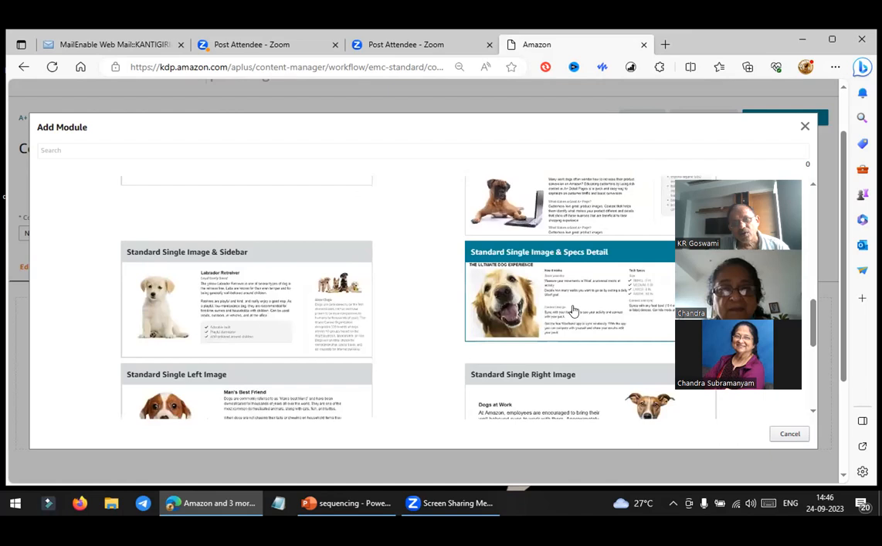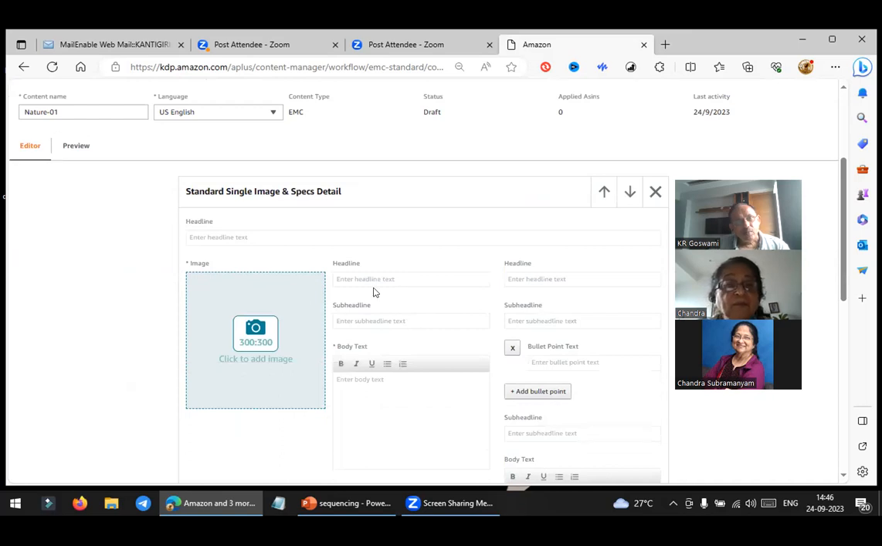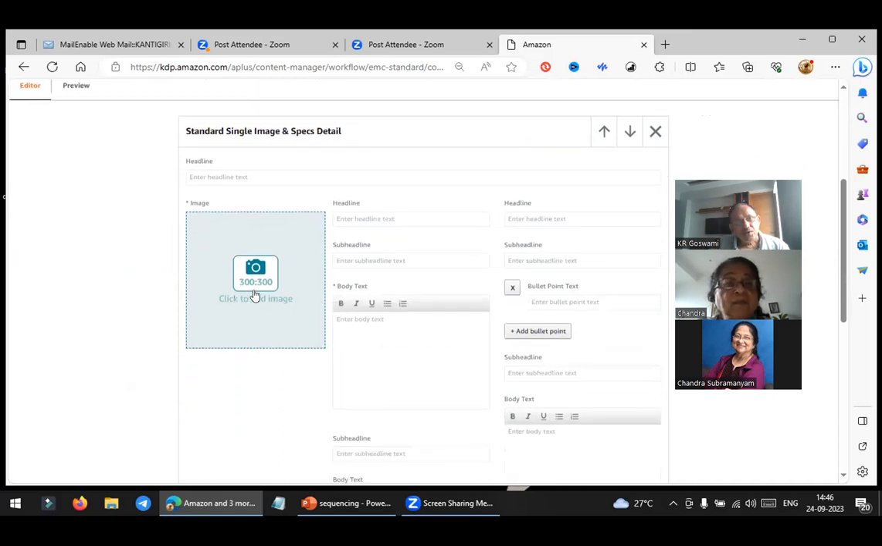Suppose you have got this image, like this image. So it will have 3 dash 3, means 3 to 3 images. So you have to first make it in Canva, 300 by 300. So when that image is ready, you can insert it here, and you have to write title, subtitle, whatever the